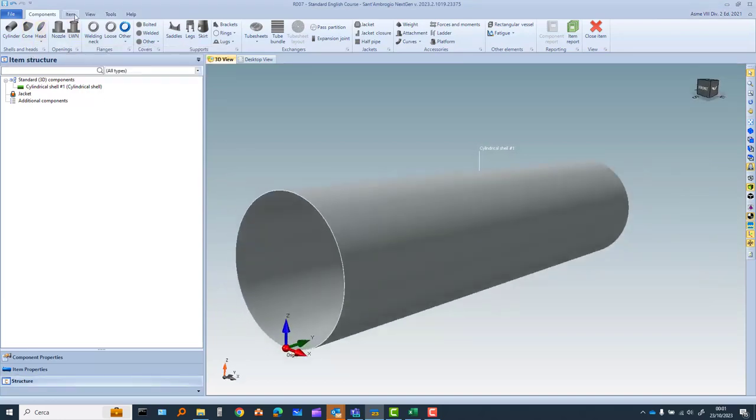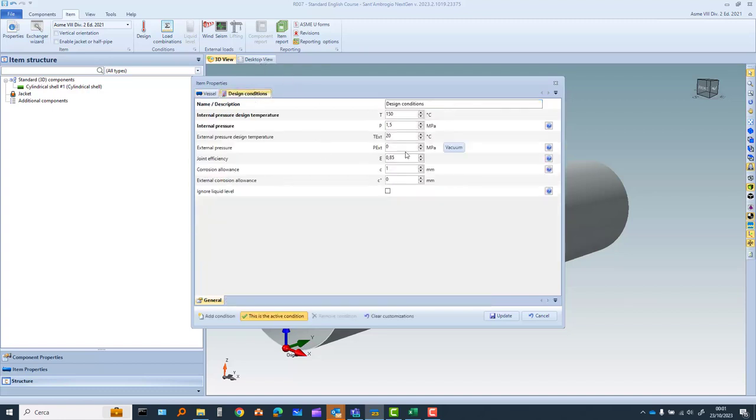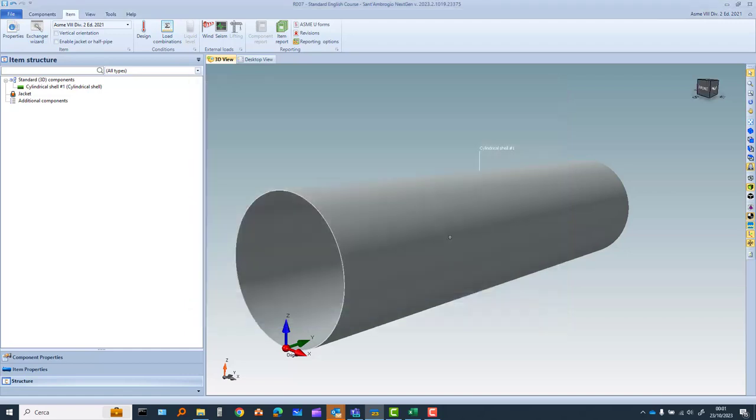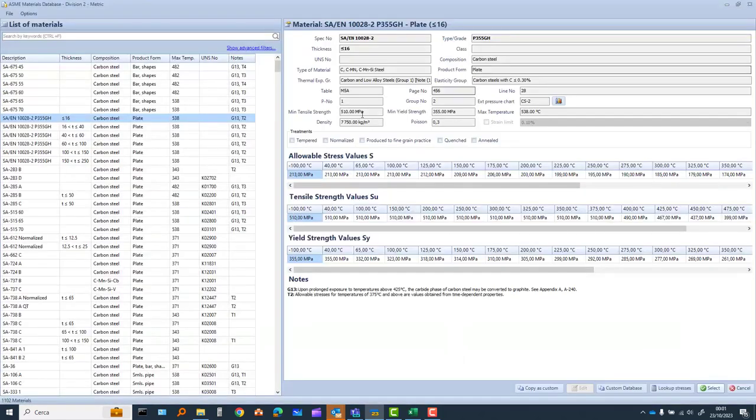Look at the item properties. ASME VIII Division 2 Edition 21. The design conditions are always the same, 150 degrees centigrade and 15 bar. And you see that in this case we have the EN material, but in the Division 2 database, we have a